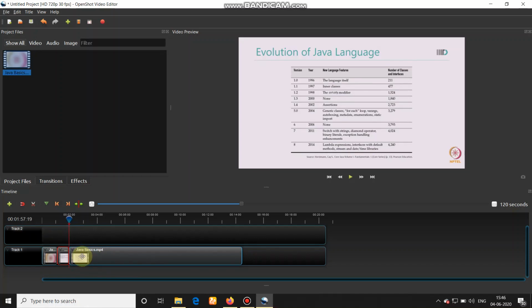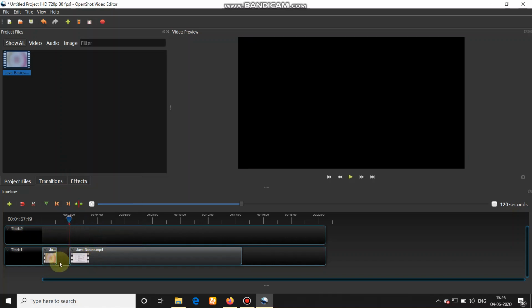So I want to remove it. I am going to select this, right click on the particular part and just click on remove clip. So it is going to remove the particular part.